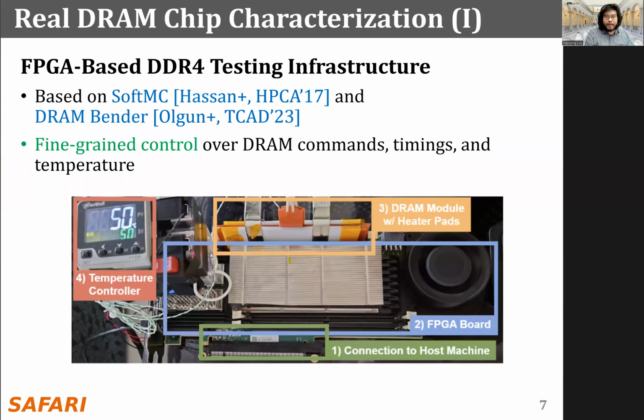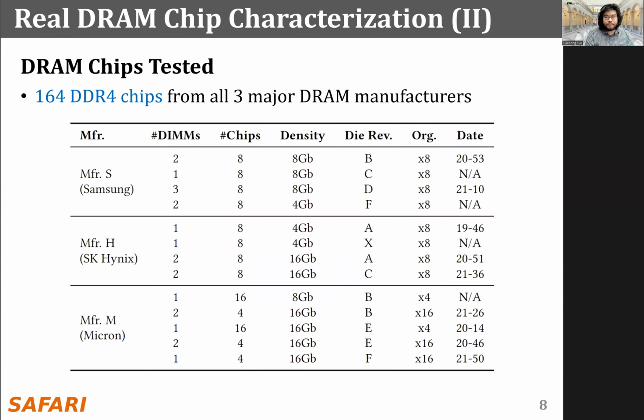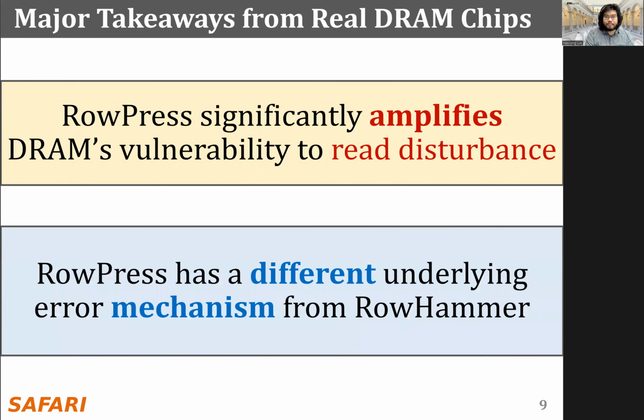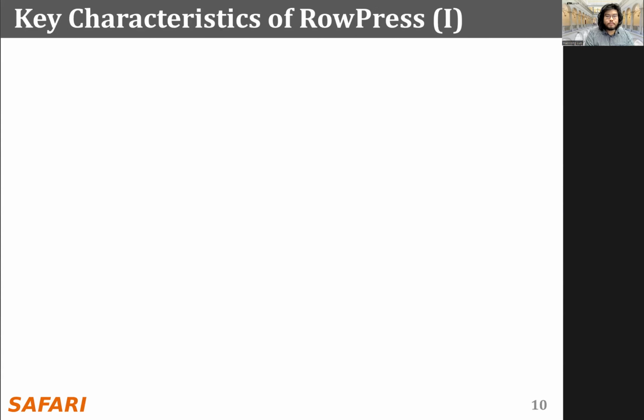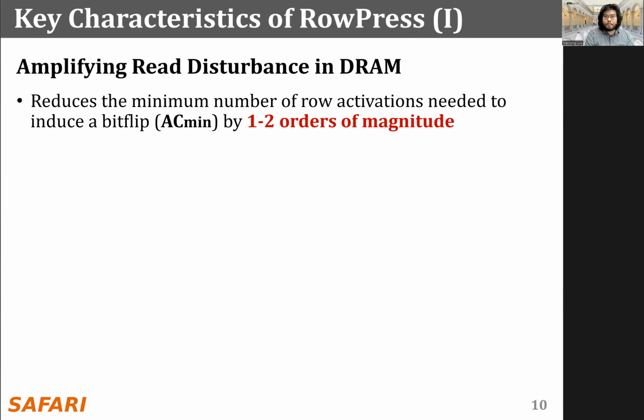We use an FPGA-based DDR4 testing infrastructure to characterize RowPress using DDR4 chips from all three major DRAM manufacturers. Our characterization yields the following two key takeaways. First, RowPress significantly amplifies DRAM's vulnerability to read disturbance, and second, it has a different mechanism compared to RowHammer. RowPress amplifies read disturbance because, first, it reduces the minimum number of row activations needed to induce a bit flip